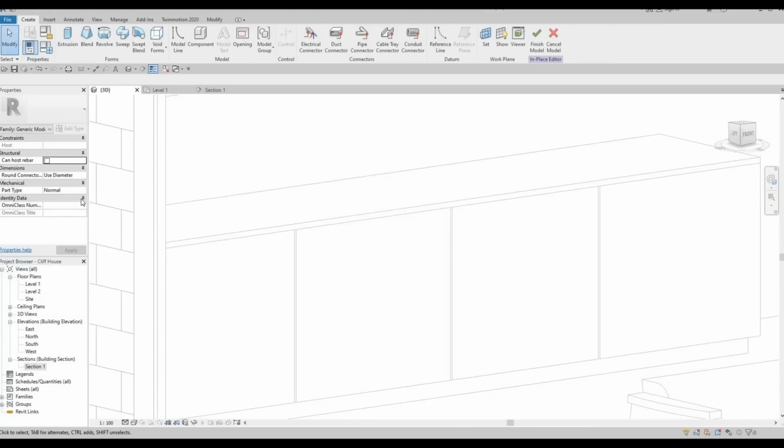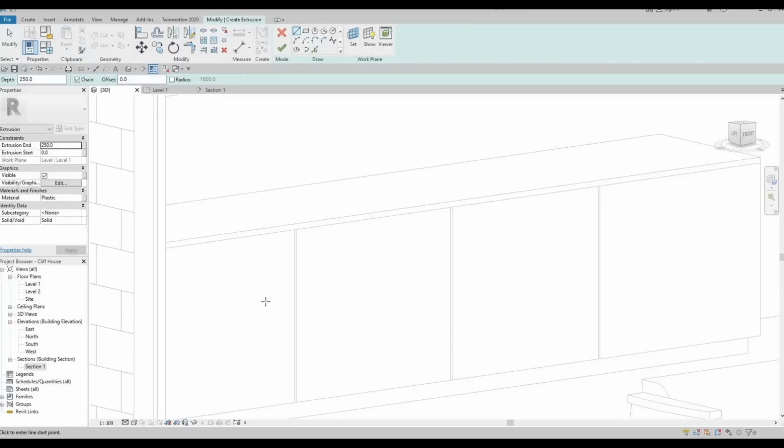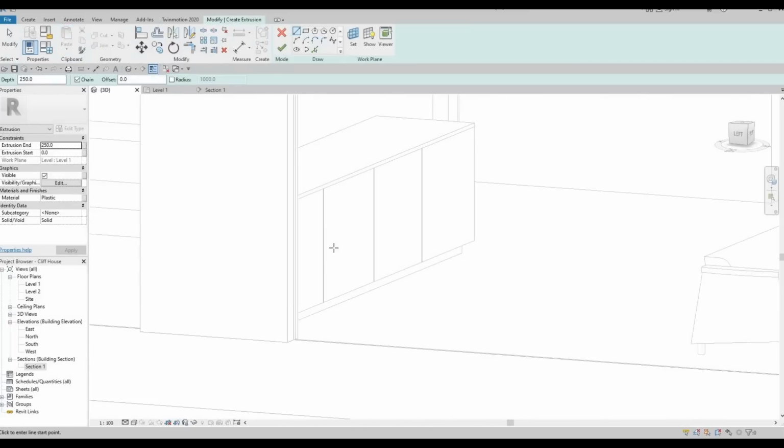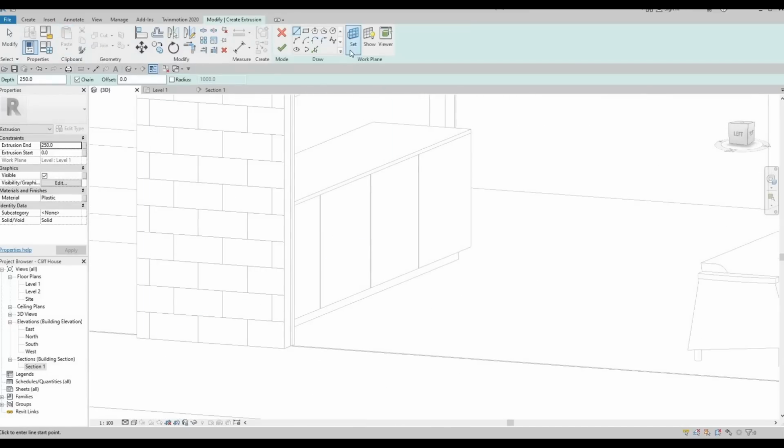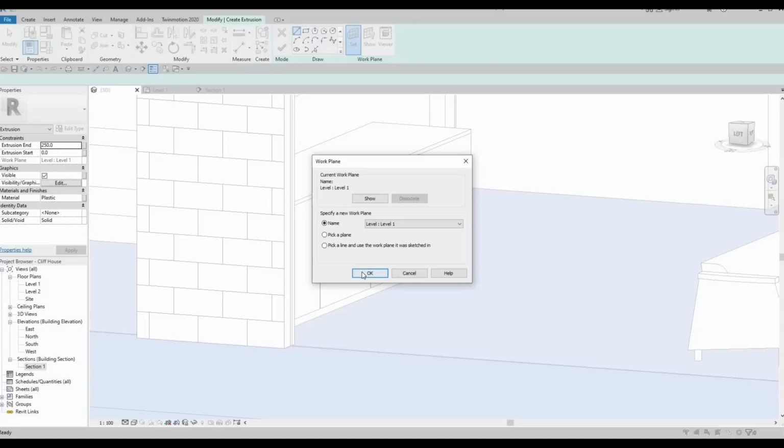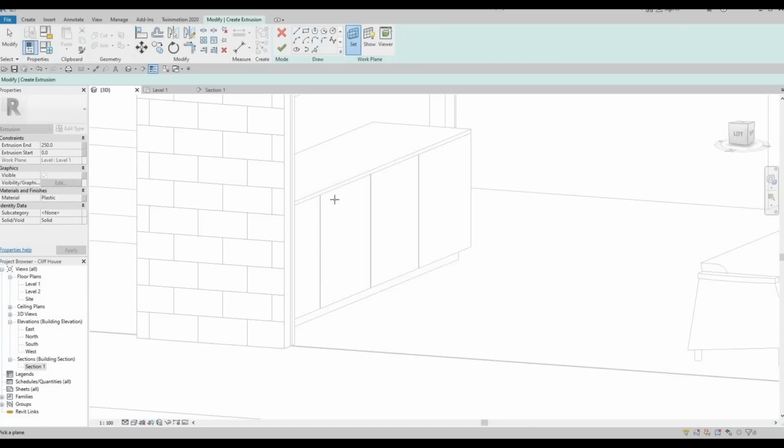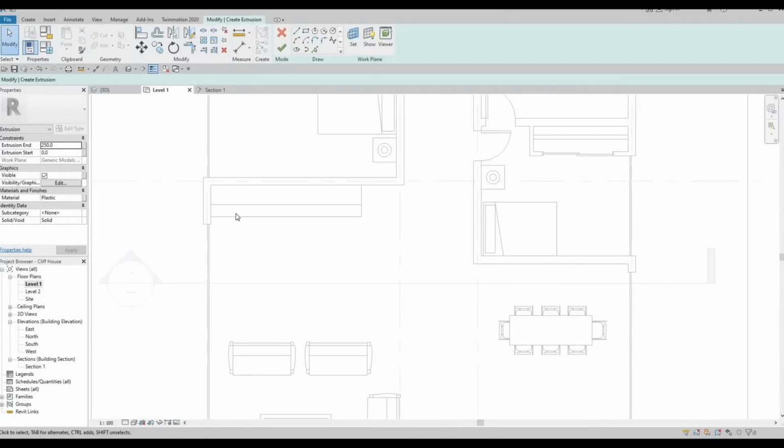This will be the handle, and I'm just gonna create an extrusion again, and this one will be set. I'm gonna pick a plane. I'm gonna pick this plane and then go to level 1,